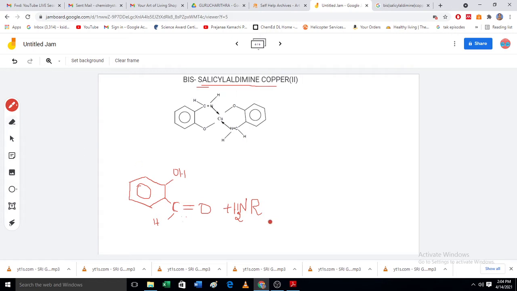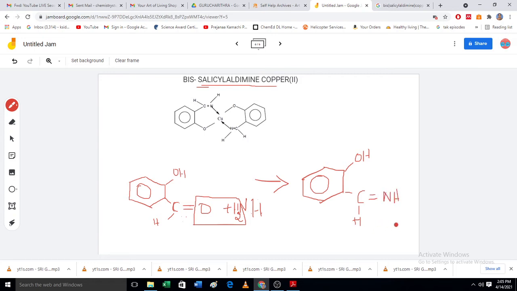So for the present, what will happen is here I am going to have hydrogen. This hydrogen will be there, and now the condensation will take place. This is the easy way of remembering what will be the product. So you have to remove this water and write the nitrogen at this place. Okay. So the product will be salicylaldimine. So you have the H here and double bond NH. So this is the aldimine that you get.